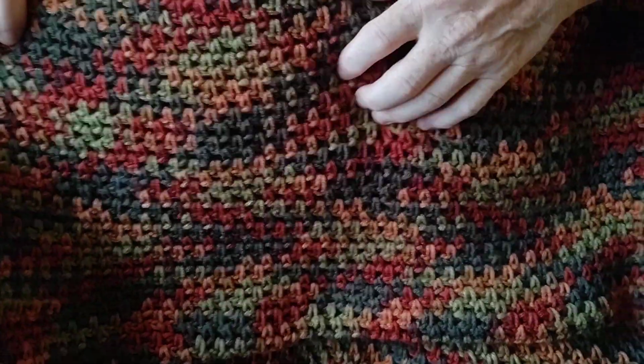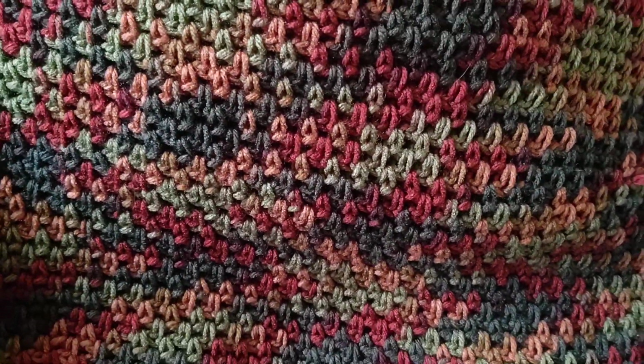It's a tighter crochet. I like that because she usually makes those ones with the big holes in them. My toes get caught on them, and I hate that. My son said the same thing. So men don't like their toes getting caught in blankets. So from now on, guys, when you make blankets, make sure